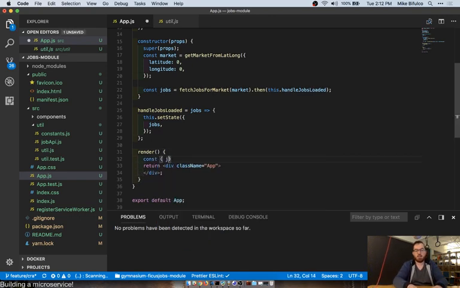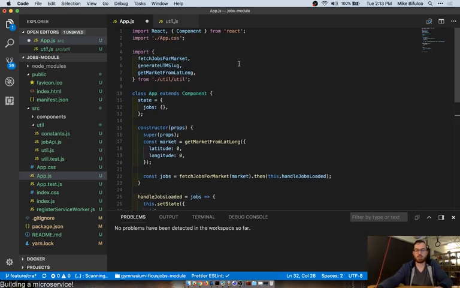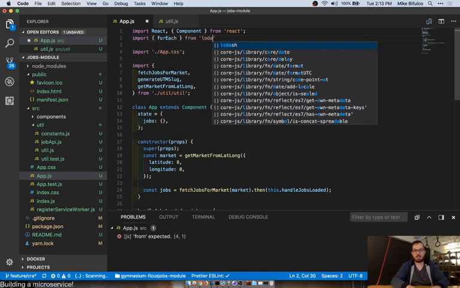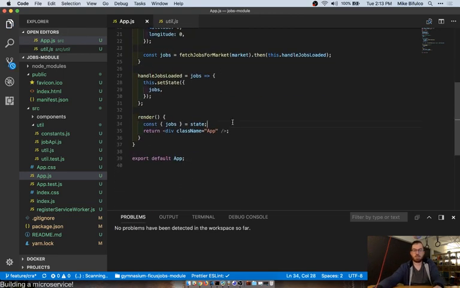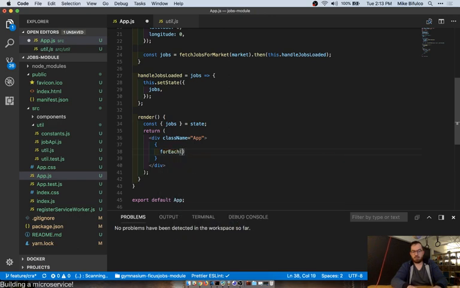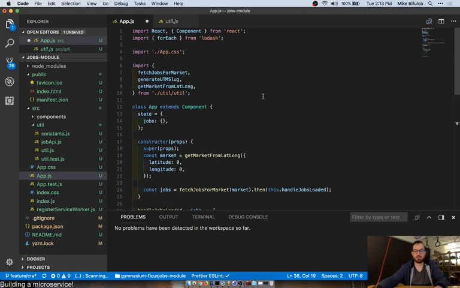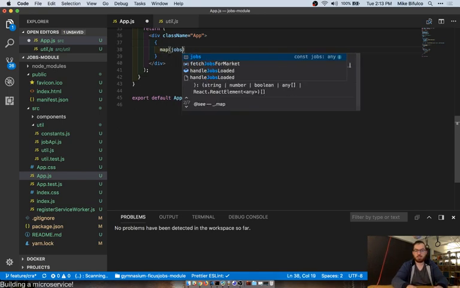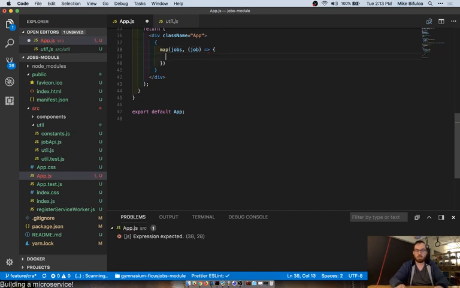So we're going to say const jobs equals state, which comes from this component's state. We're going to import Lodash for each from Lodash. And we're going to say in here, inside of our app div, for each. Oh, actually, no, this should be map, not for each, because we want to actually return a component. So this is going to be map, and we're going to say jobs. And for each job, we're going to